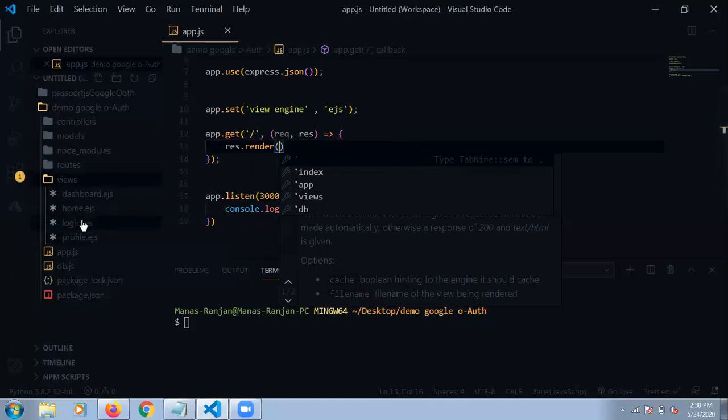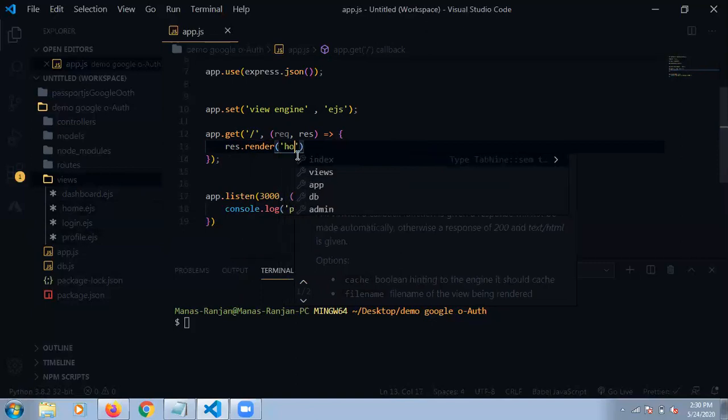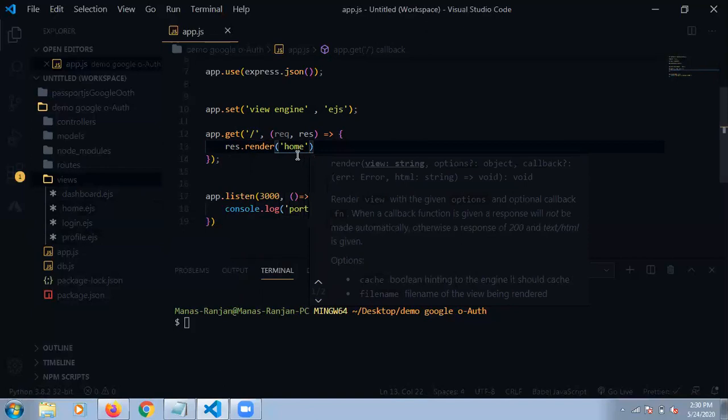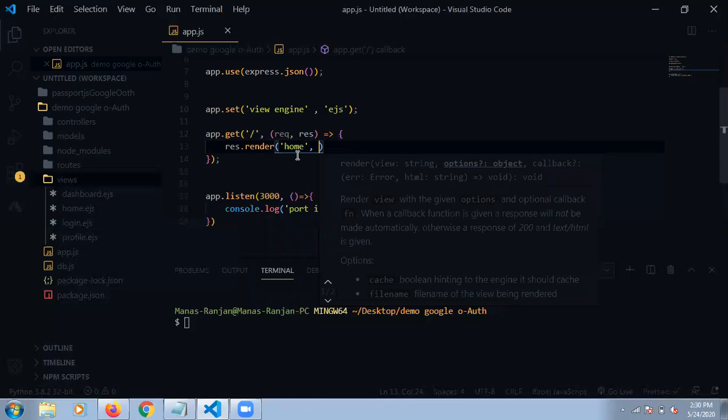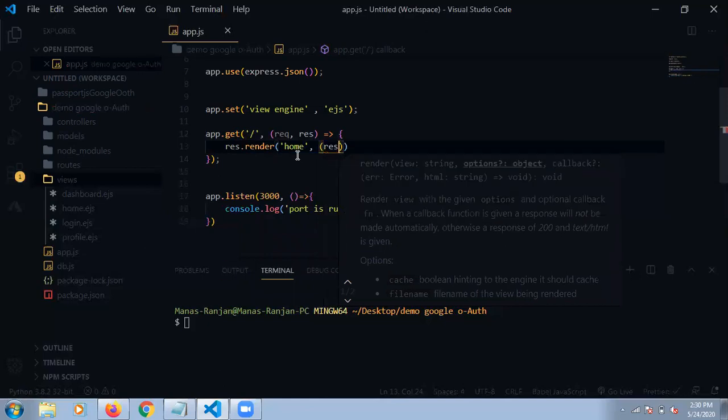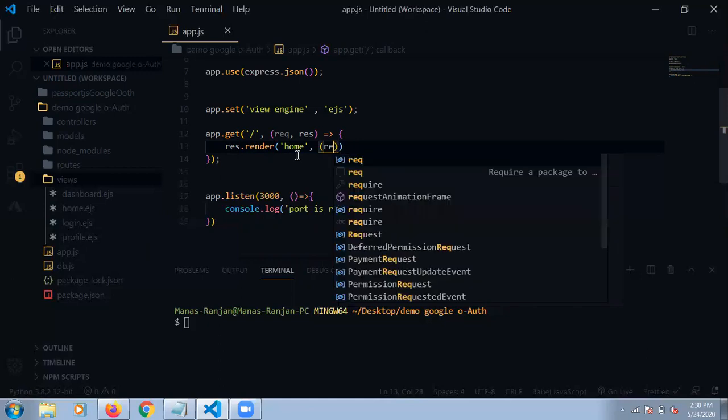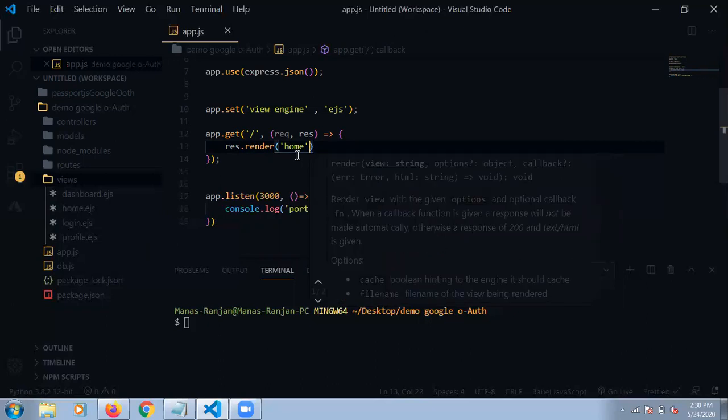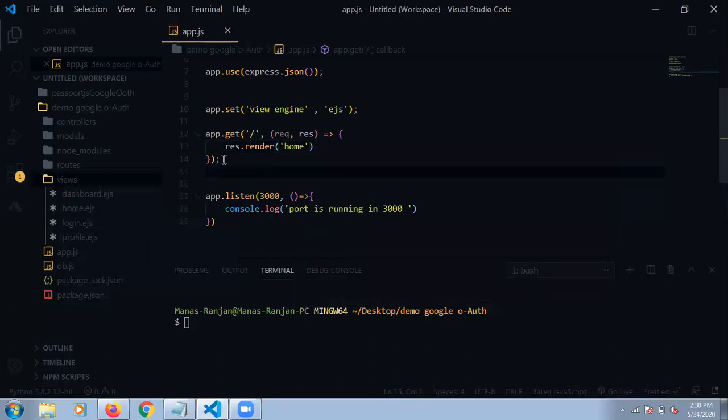We are going to render our first home page, so we are not going to index.js or view.js, anything. We are just sending our home. We write home, comma, and then we make a callback function with request and response, as you already know. Nothing else needs to be managed, so our home page is going to be rendered.